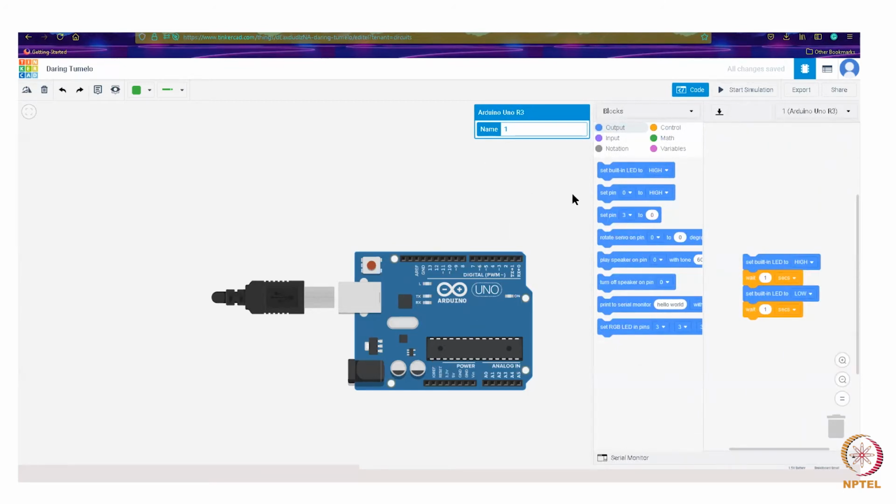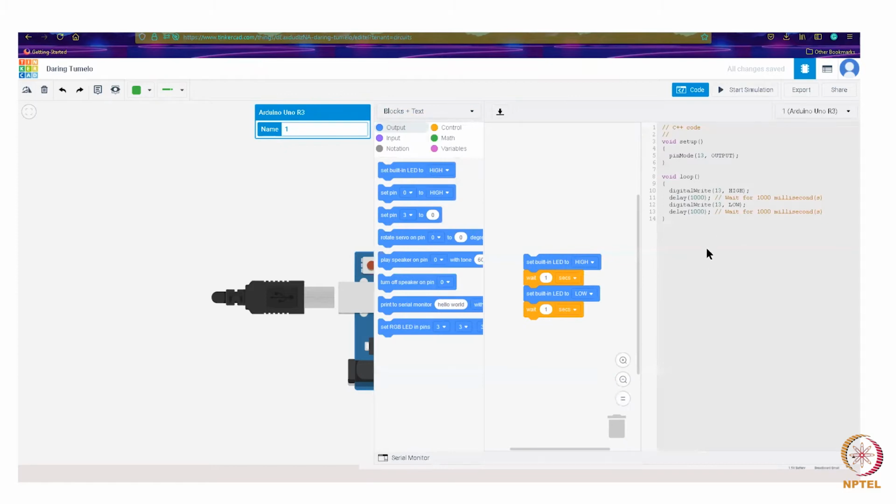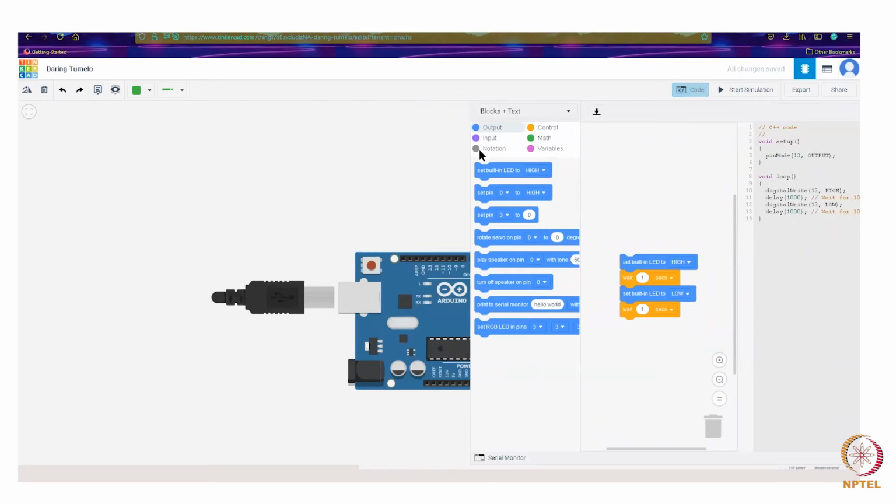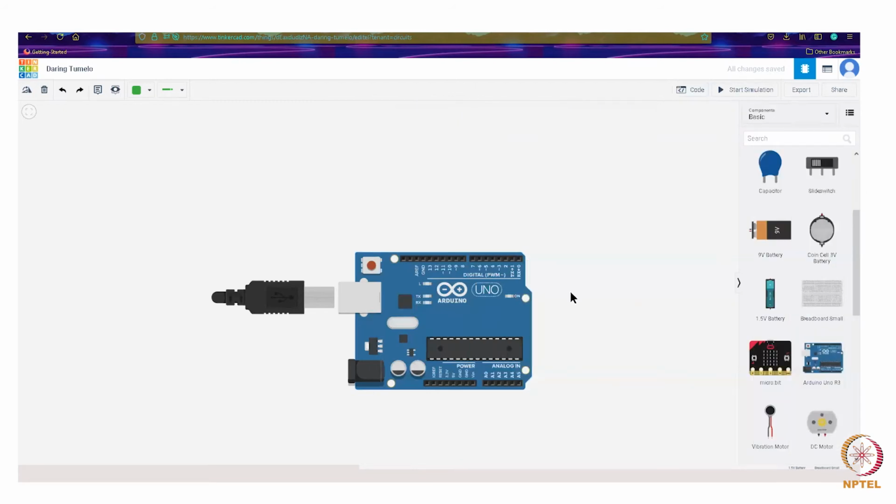program this device. This Tinkercad also provides you one amazing way of programming, that is a block way of programming. This is pretty much easy to learn, and you also have the conventional way of programming. You can either program your device in the standard programming way, or else you can just use the block codes here. Once we have programmed our device, we would be just pressing the start simulation button to see